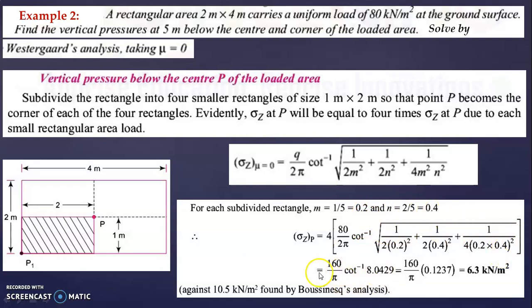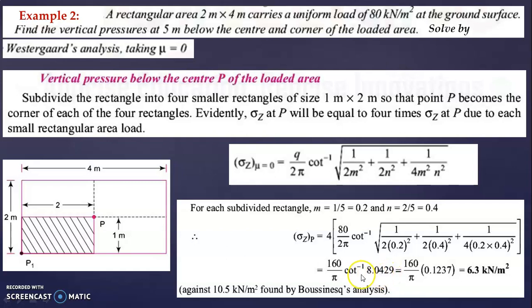So we get this is equal to, when you simplify this, 4 into 80 divided by 2, 320 divided by 2 is 160 divided by pi into cot inverse of, when you simplify this you get 8.0429. How can you do this? Cot inverse, that is nothing but cot is equal to inverse of tan, 1 by tan. Okay, so cot inverse of